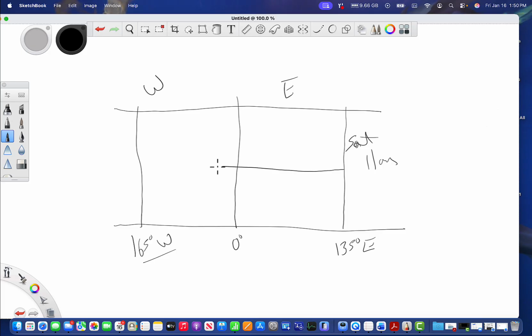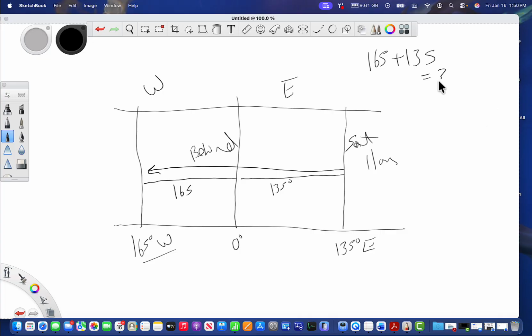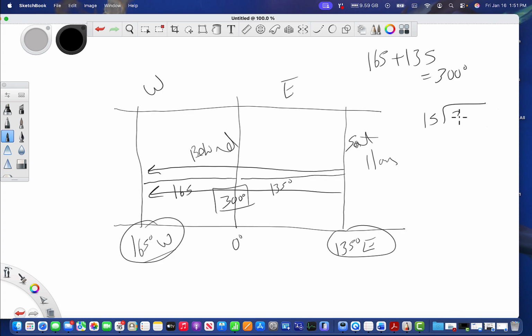So if we count backwards in time, we know that if we go toward the west, we're going behind. We also need to know how many degrees of separation there are because remember, every 15 degrees of separation equates to 1 hour. So 135 to 0 is 135 degrees. Then 0 to 165 is 165 degrees, which means our total degrees of separation is 165 plus 135 or 300 degrees. So there are 300 degrees of separation between 135 east and 165 west. So this is 300 total degrees. Remember, 15 degrees per hour, so 15 into 300 equals 20, which means that 165 is 20 hours behind